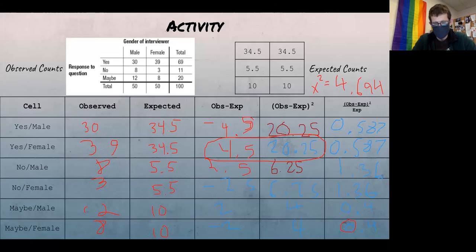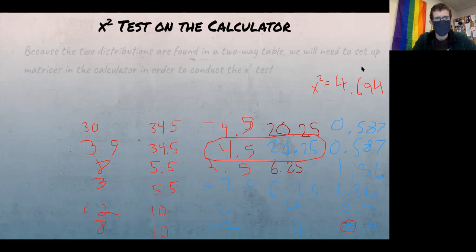So we're not going to take too long on this because, again, we will let the calculator calculate this for us. But 4.694 is what I got. So that is correct. Let's go ahead and find out, is this a high enough chi-square value in order for this to be rejected? The difficulty is,